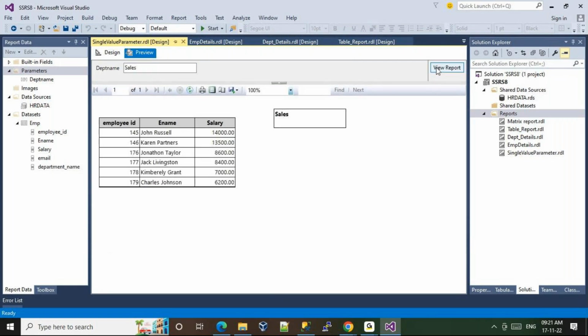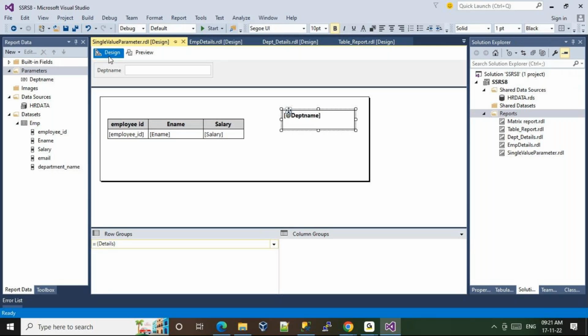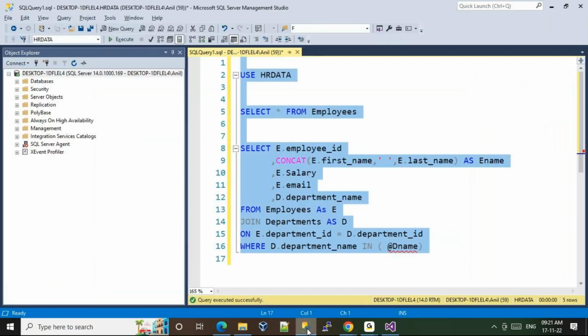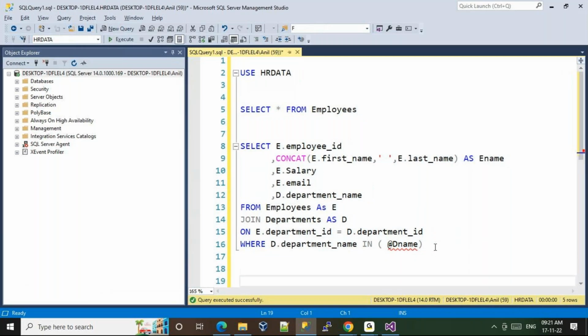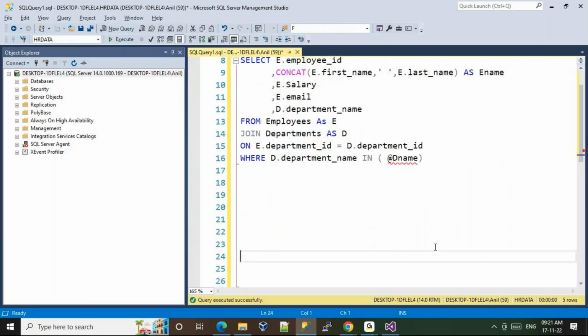బట్ ఐ వాంట్ టు గెట్ ఏ లిస్ట్ ఆఫ్ డిపార్ట్మెంట్ నేమ్స్. So how can we get it? Simply we can create one more data set. ఇప్పటి వరకు మనం ఒక రిపోర్ట్ కి ఎన్ని డేటా సెట్స్ క్రియేట్ చేసాం, ఒకటే కదా. బట్ నౌ ఆన్వర్డ్స్ we can create more than one. And now we can see select, ఎక్కడి నుంచి వస్తుంది డిపార్ట్మెంట్ నేమ్స్ మనకి, from